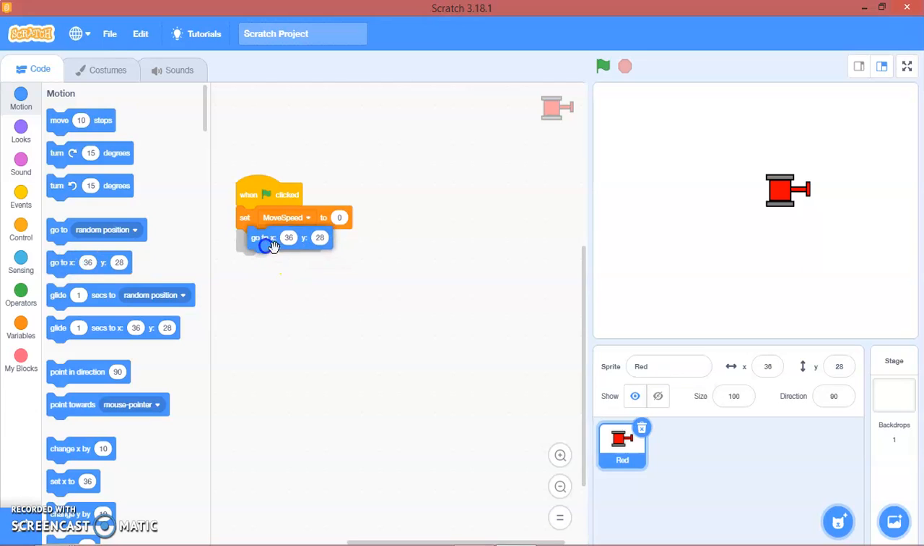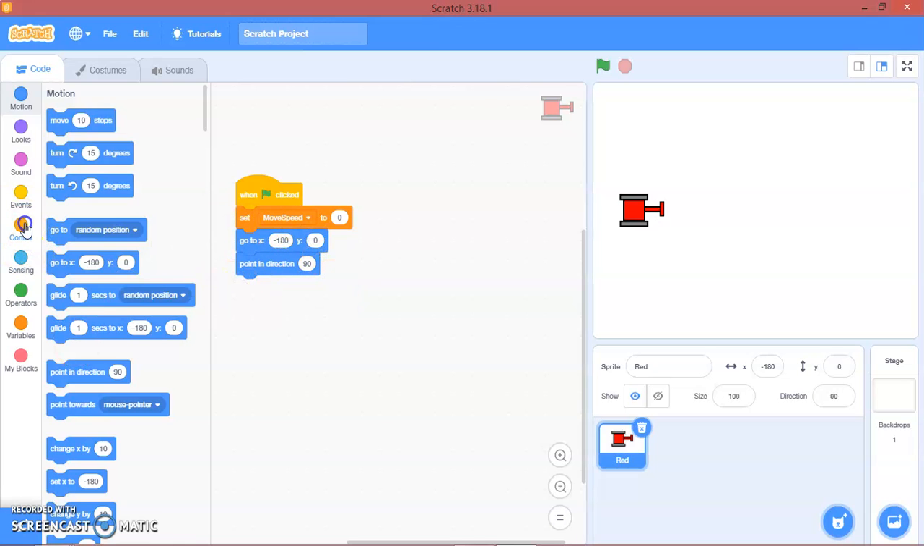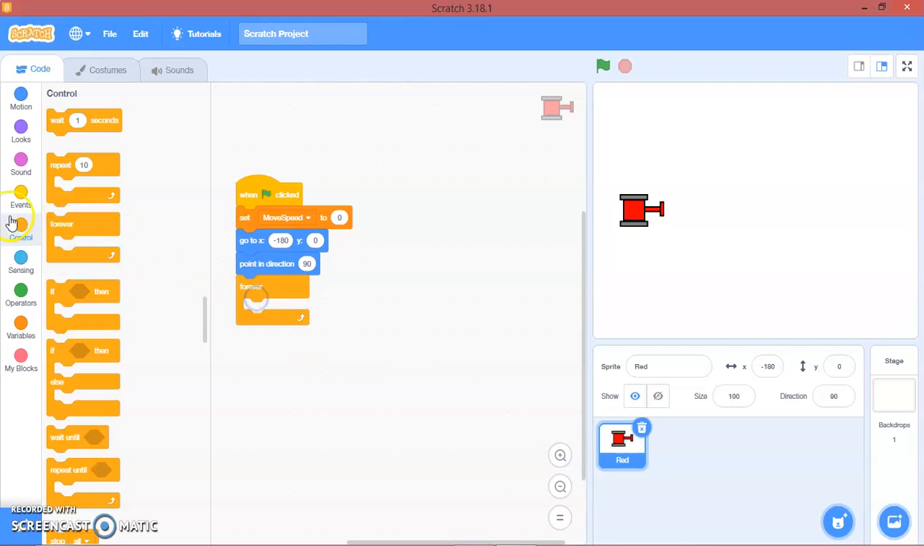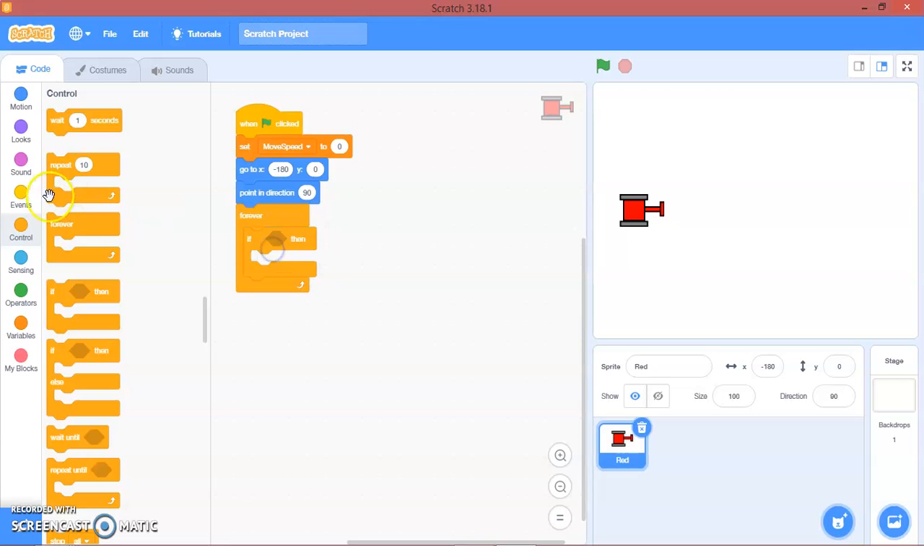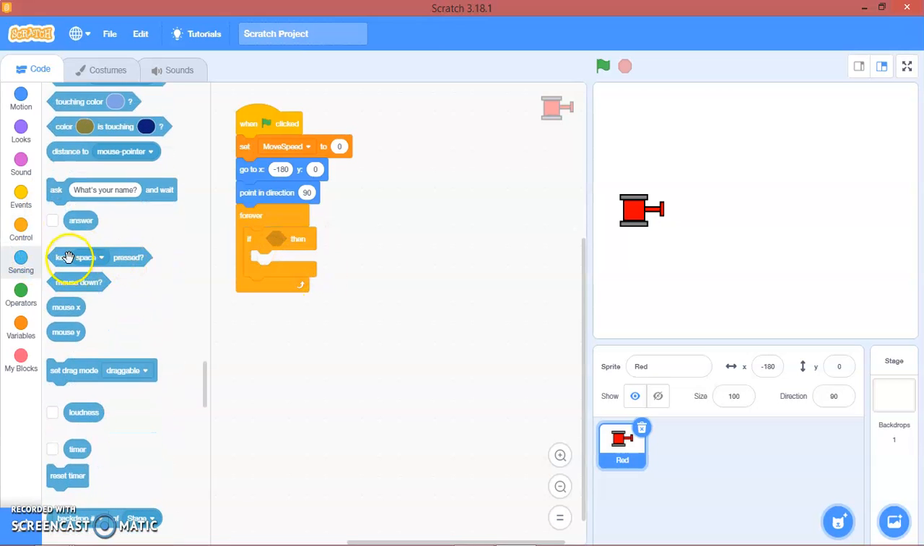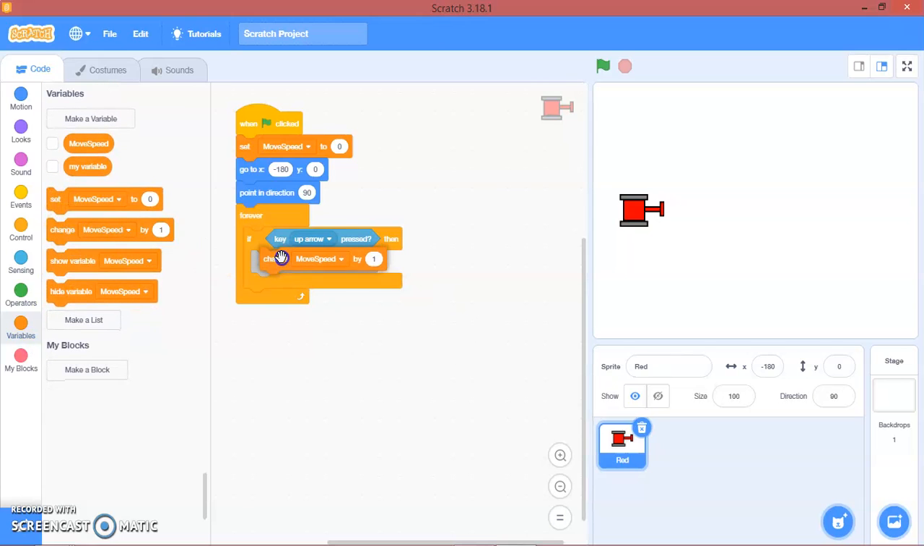So we'll go to x negative 100, y 0. Try that. That's to say 180. That's good. So, and we'll point in direction 90. Control, forever. If key up arrow pressed, then we'll change move speed by 0.2,